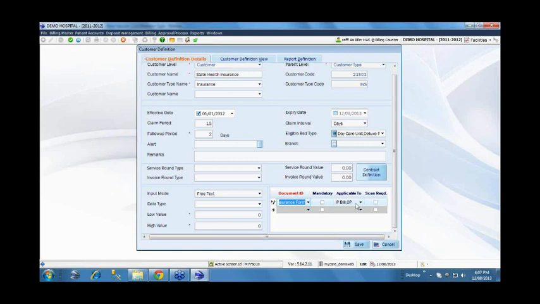For insurance, it can be an insurance ID. If you are handling government patients, it can be some other approval from the government. So like this, for each and every category, we can specify what documents are required, and it can be more than one also. And also we can define whether it's mandatory or non-mandatory, whether scanning is required, or whether it's enough that you check this information only